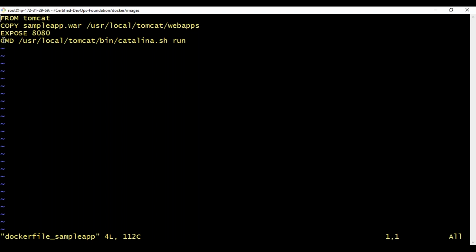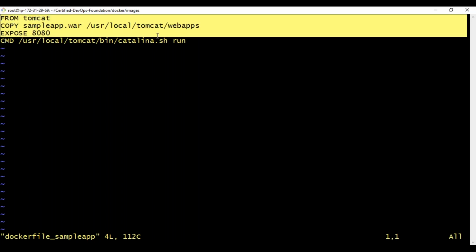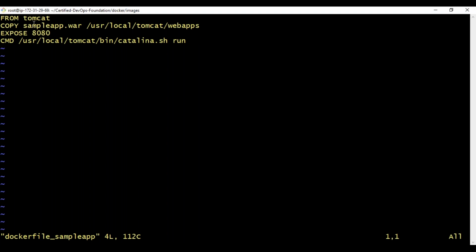Similar to that one, here we are also, whenever this image starts up, the default command will be running. It will start your default process within the container accordingly. That is all we're trying to do. Now this is the simplest image we can create, but the question is: